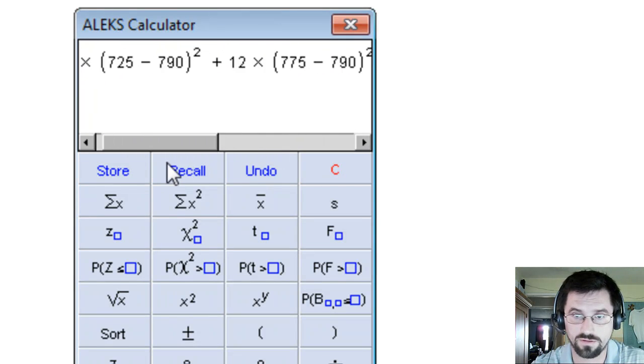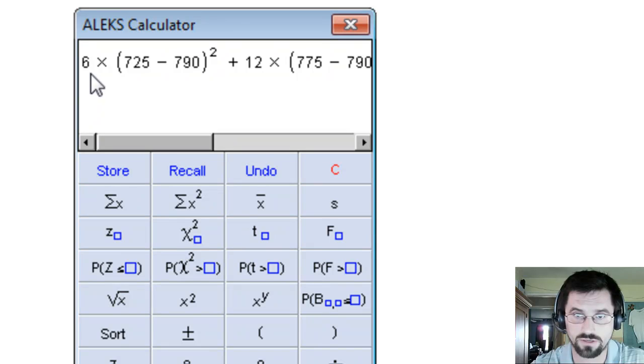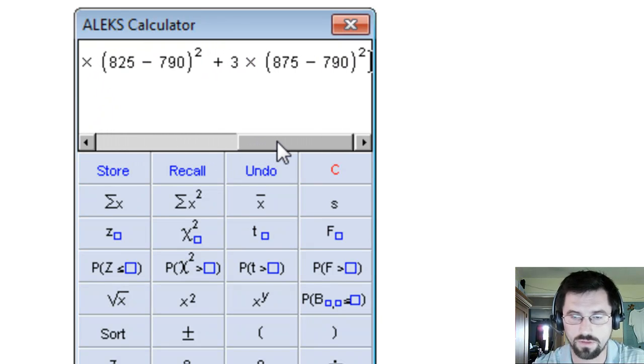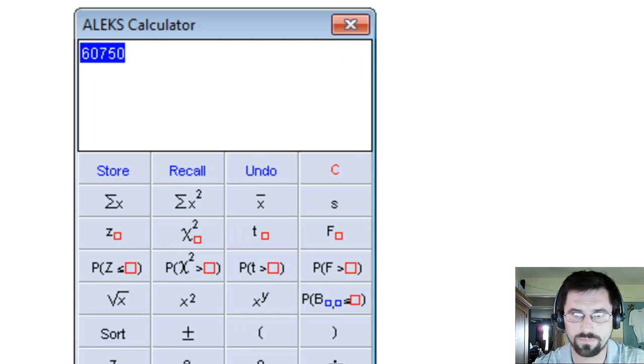Just going back through, this is how it should look. You don't actually need the times symbols, I don't think, but I put them in anyway. You're always subtracting the mean from the midpoint. And you get this value,